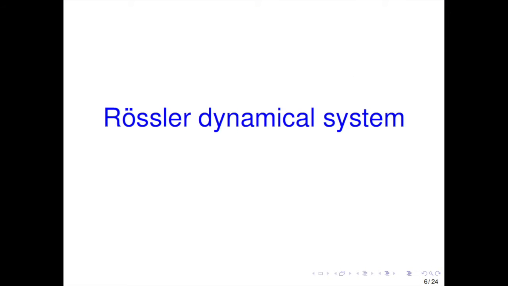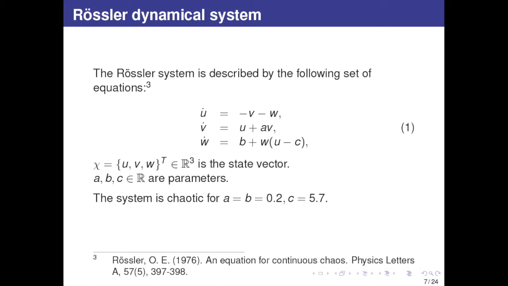We base this work on the chaotic benchmark Rössler dynamical system. The Rössler system is described by the following set of three-state equations, in which the variable corresponds to the state vector of the system u, v, and w, and the parameters a, b, and c correspond all to real